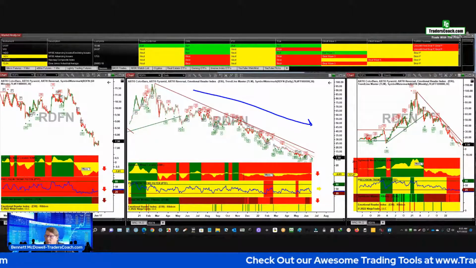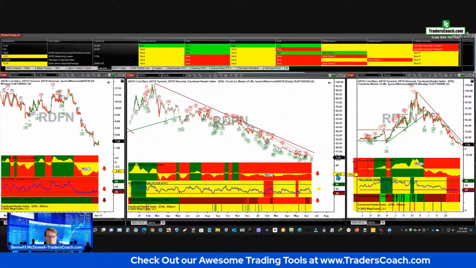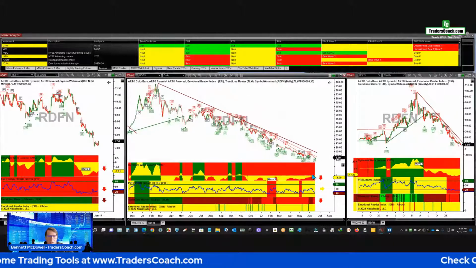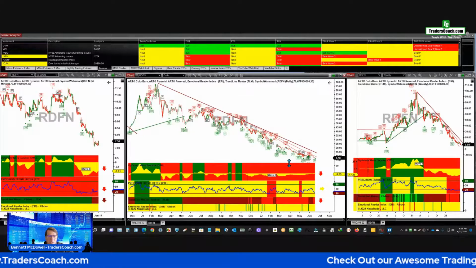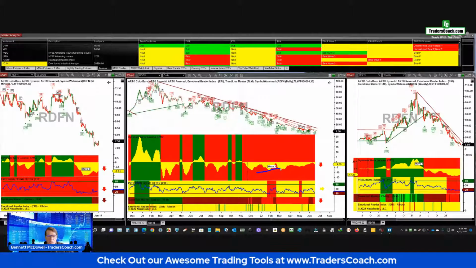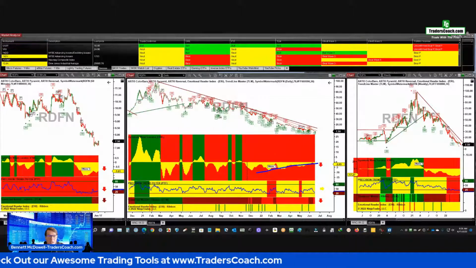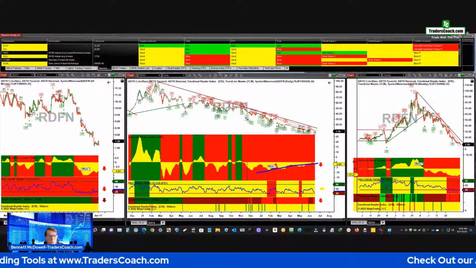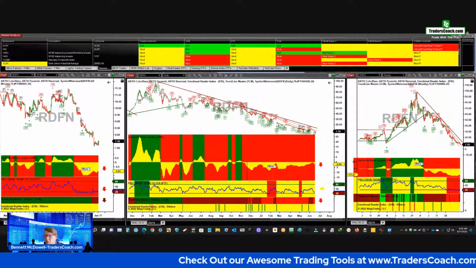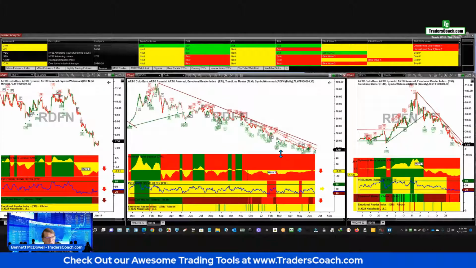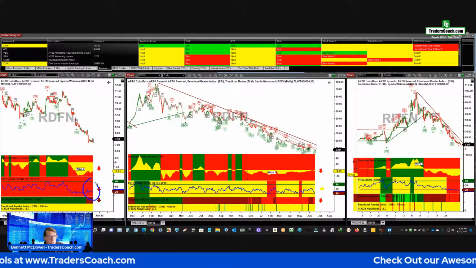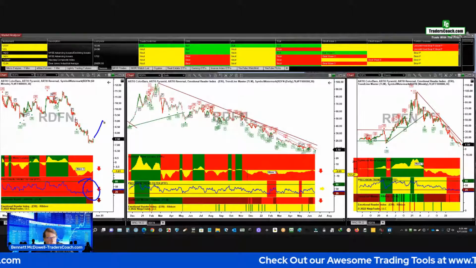So what we're looking for, I actually like these type of things to put on a watch list because they're really good in terms of watching what's going on with this. When we take a look at something like this, look at the owl. We've got bullish divergence building here. So that's a good sign. We've had 1, 2, 3, 4, 5, 6, almost like 8 or 9 pyramids that have been all P's. So this trend is getting a little overdone, but the 60-minute chart says it's not done yet. We've got a red PTF, so it looks like even if we get a rebound, it should come back down.